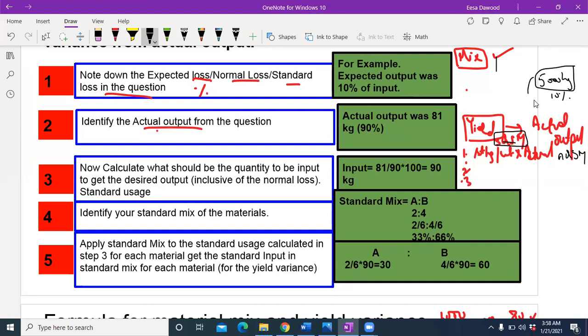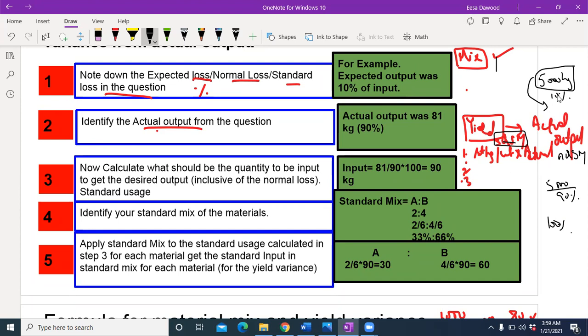How would I know the standard quantity input for this actual quantity of 5,000 kgs? I know that 5,000 kg is 90%, so I can get 100% of that. Once I get 100%, I can easily apply the standard mix to it, and I'll be done with this calculation.